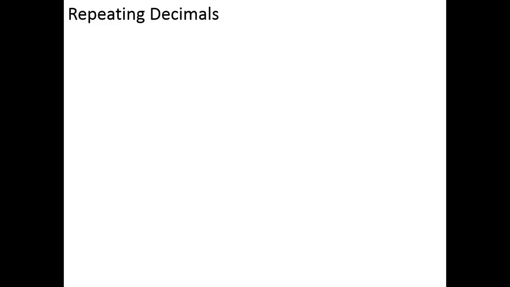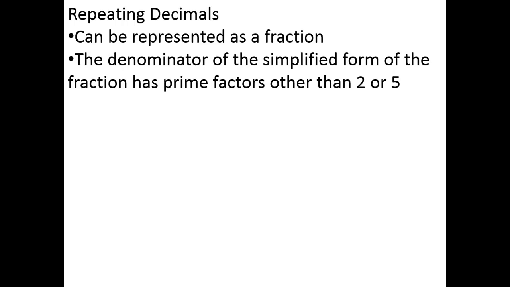Now when we do a division, we know that we get a decimal number, and in the last problem we saw a decimal that terminated, that 5 and 6/10ths. Decimals don't always terminate, sometimes they repeat. A repeating decimal can be represented as a fraction, and we've already seen that if a fraction can be written